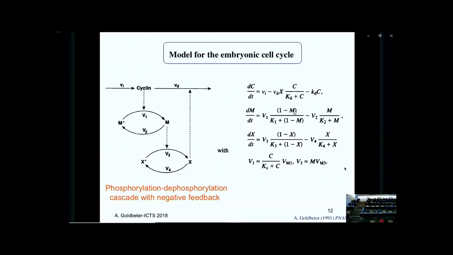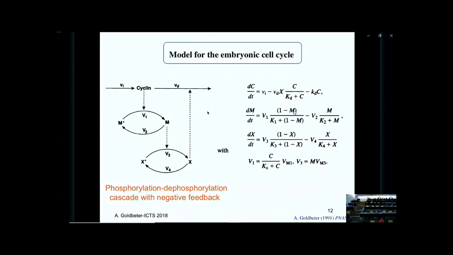And another reason why it's interesting to consider this system is that it can serve as a building block which will reappear in the complex model I will show for the mammalian cell cycle. Some of the actors remain the same. So this model takes into account phosphorylation, dephosphorylation, and negative feedback